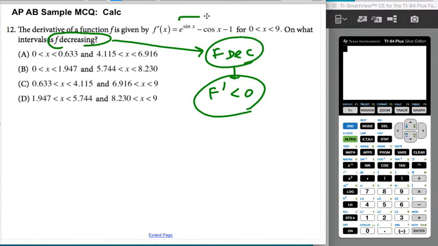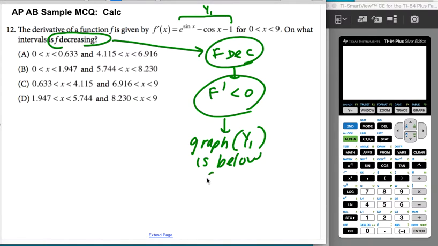So you're going to put this thing in as y1. You're obviously going to make sure you're in radian mode, right? And what that means you're looking for is when your graph, the thing that you're calling y1, is below the x-axis. That's it. You don't have to do any of the number crunching here. You just have to do the part where your brain understands what's being asked